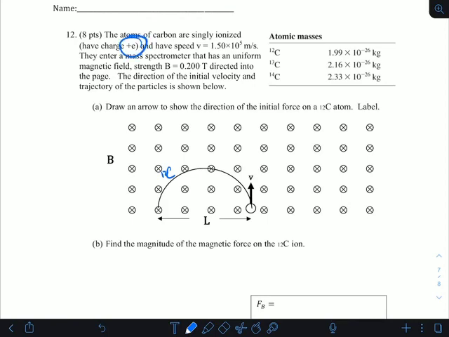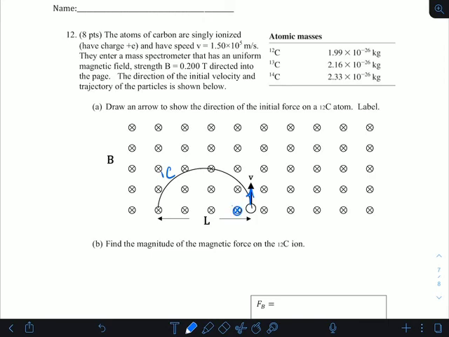It's a positive charge. And so if we use our right hand rule, point our fingers in the direction of motion v, and flex our hand towards the magnetic field, which is into the page, then we see that the force